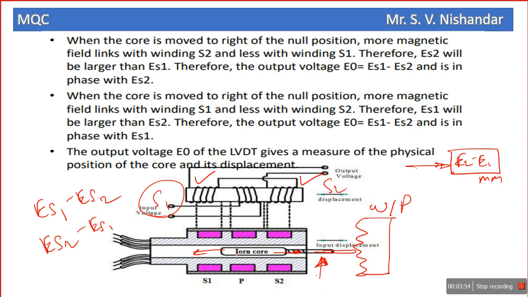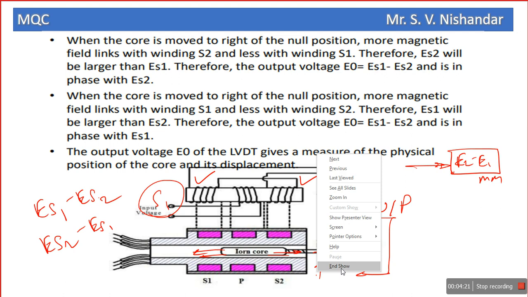According to this position, we are going to calibrate our device. Whatever the plunger movement, either up or down or left or right, according to that it produces the EMF. It works on the simple principle of mutual inductance. This is a very simple phenomenon. If you go to animated videos, you can easily see how it works.